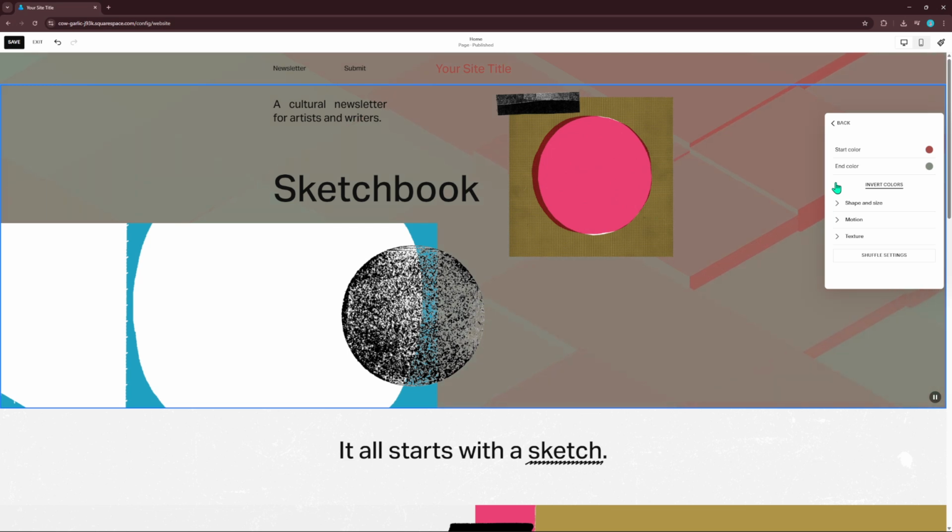As you fine-tune, keep readability front and center. Aim for strong contrast between your background and any text or buttons in the section. Dark backgrounds typically pair well with light text, and vice versa. If something feels hard to read, nudge the color slightly brighter or darker, or adjust the overlay opacity until the